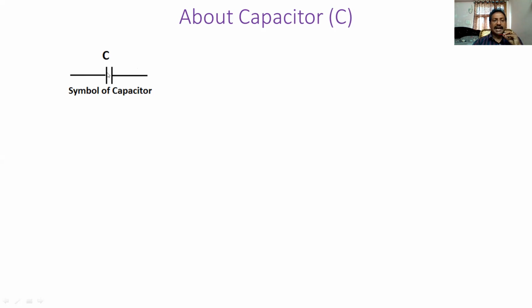Because of that, electrical energy is stored in this capacitor. So electrical energy is stored as a potential difference is created between these two plates. So that is about the capacitor. Remember, take a conductor, cut it into two equal plates, then place a dielectric media between them. Dielectric media means air or vacuum or any dielectric material, you can place it.